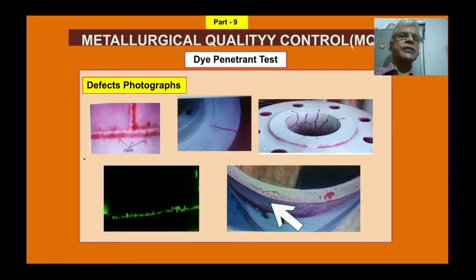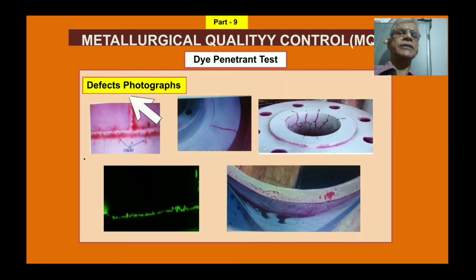So this I was telling in the previous slide, type of defects, some of the photographs you have seen. This is something like welding joints. See, this is again a confusing thing, all because of excessive red dye. Cracks are here, very fine cracks are here. This has been shown here. So if it is totally washed out properly, wiped out properly, you could have seen only this. But since it has not been properly wiped out, that is why you are seeing all this. This is a confusing thing. But cracks are visible here.